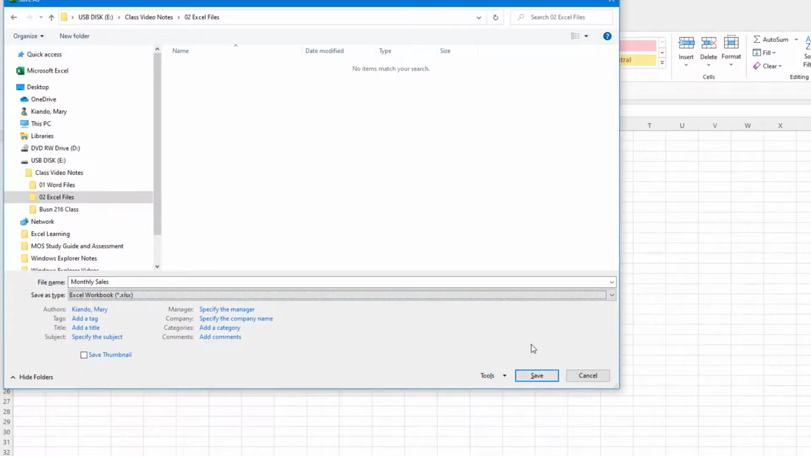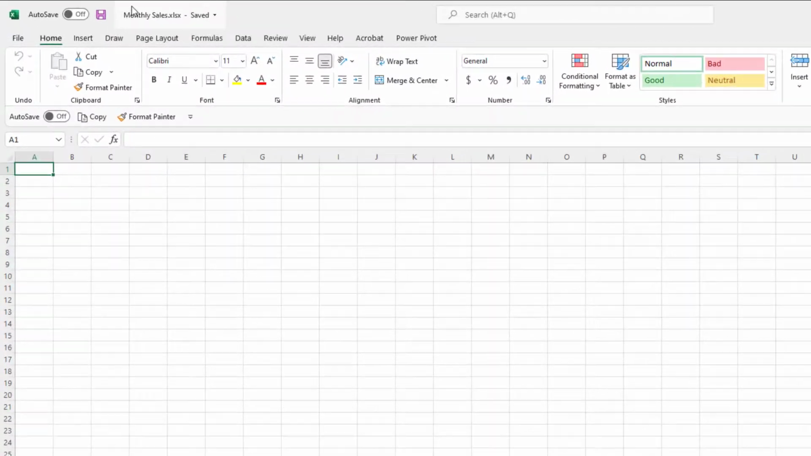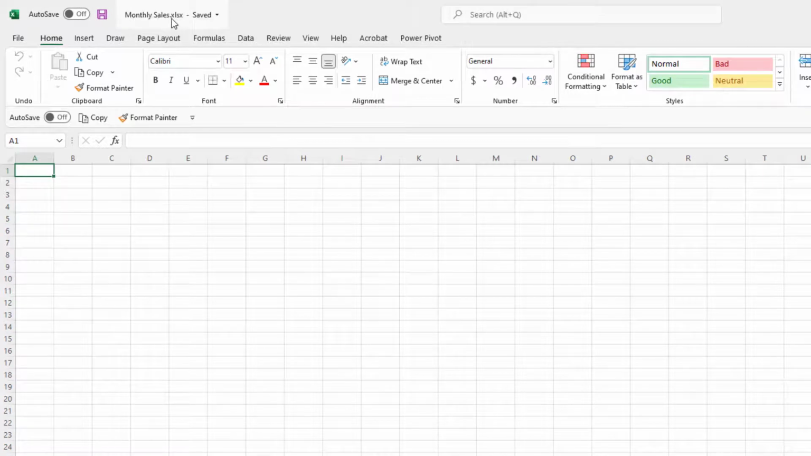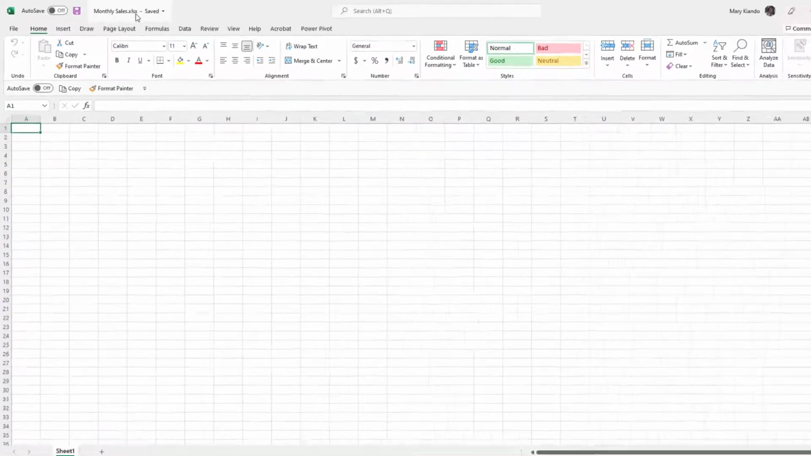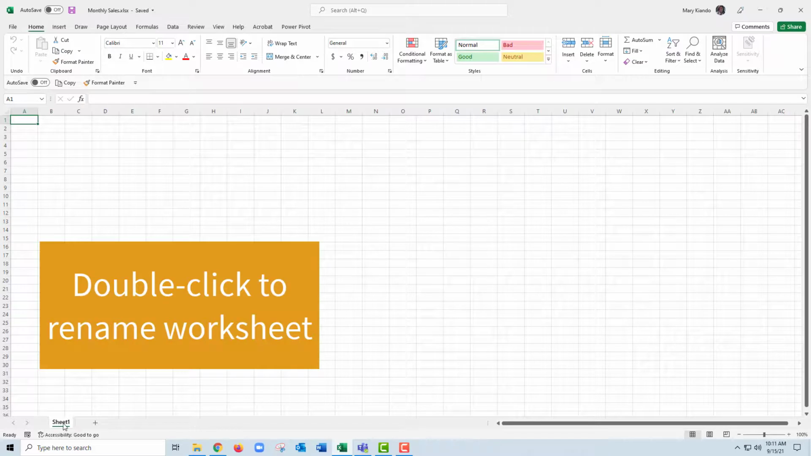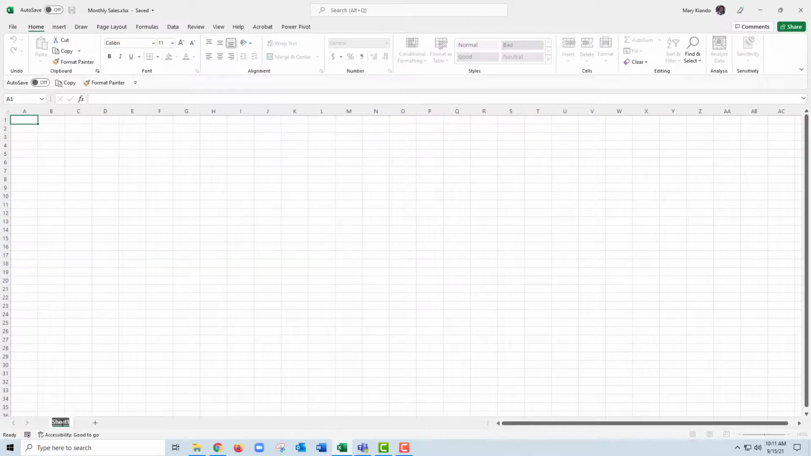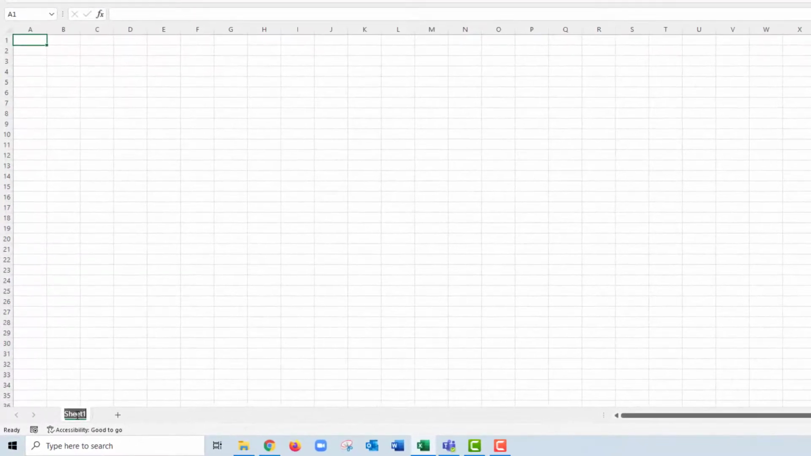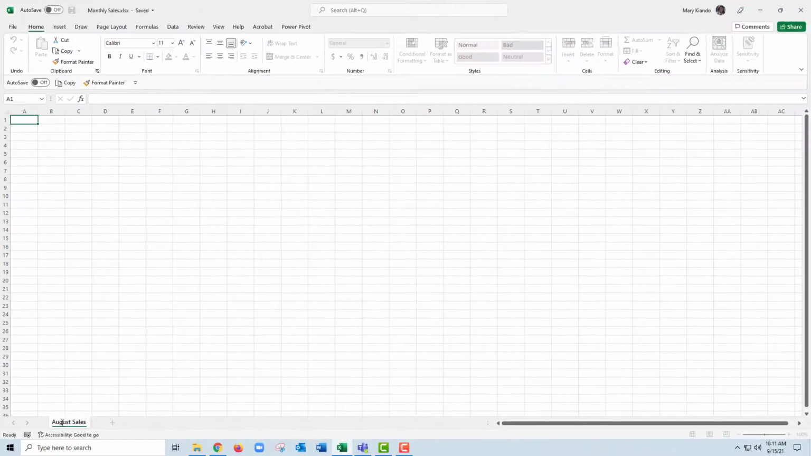Since I have the Save button highlighted in blue, I can always press enter if I have any box that has highlights. So I'll go ahead and press enter. And now you can see up here, I have my monthly sales, and I can see the extension type. So the first thing that I need to do is to change the sheet name. And also for the sheets, you need to make sure that you're reflecting the correct information that is in that sheet as you name your work. So for this one, I will name it August sales